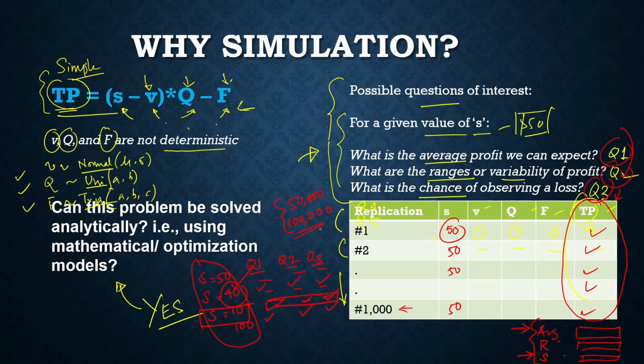If you can do this, and you will do this actually, then the optimal value of S, call this S star, suppose this is the optimal value of S. If you are finding this optimal value using 100,000 replications, it will be very, very close to the actual optimal solution that we were discussing here using the mathematical or optimization approach. So you increase the number of replications,